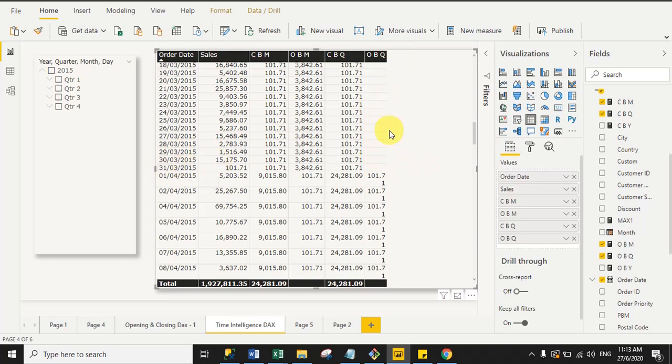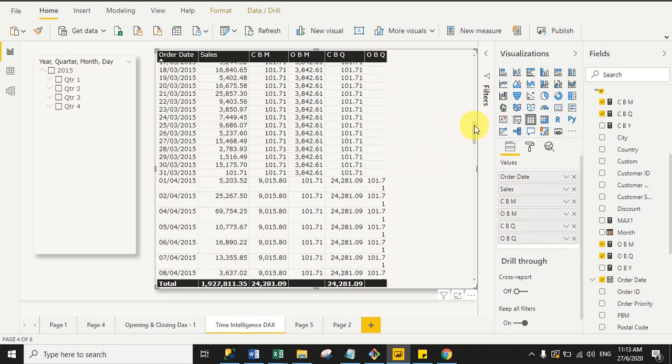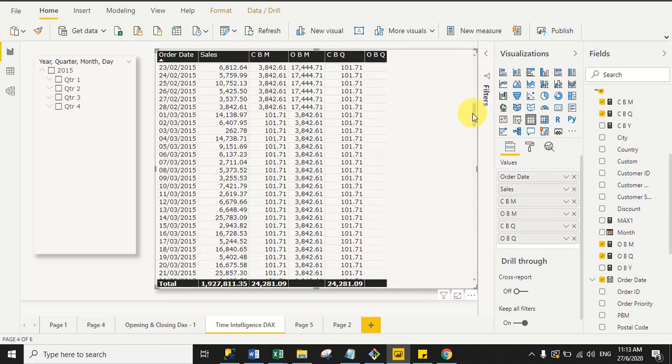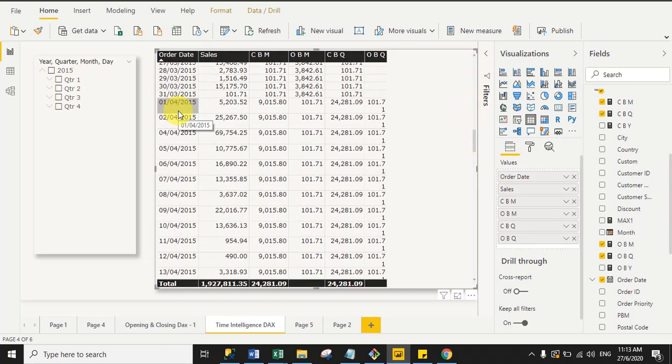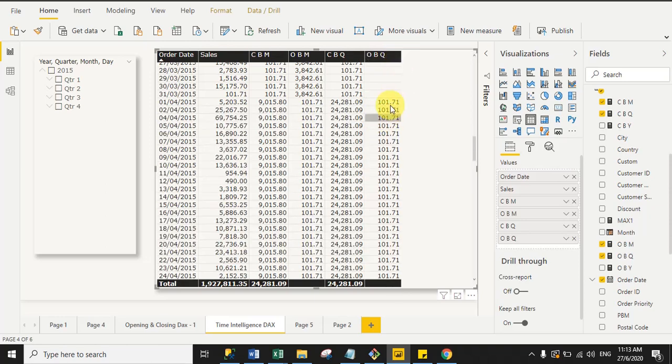So you can see here it is all blank values, right? Now move to the second quarter. Second quarter is April, May and June, right? So for second quarter, the first date of the quarter will be March 2015, and in March 2015 the last day of sale is 31 March and sales value is 101.71, so that's why it is returning 101.71 against second quarter value,